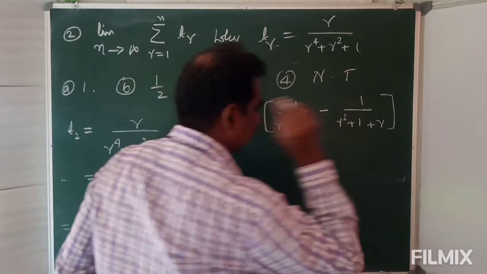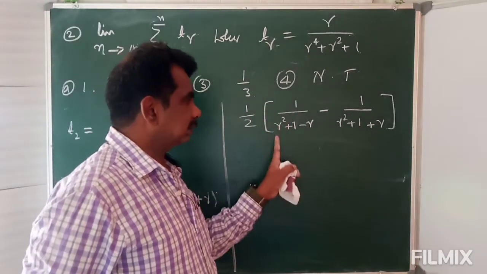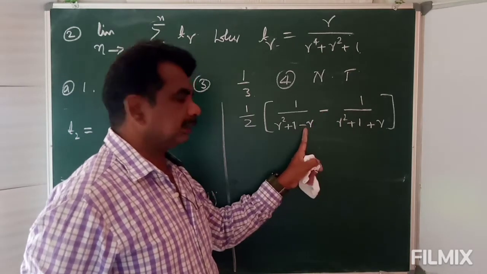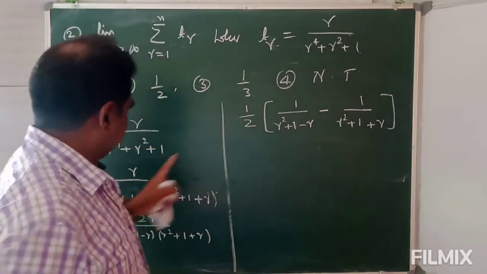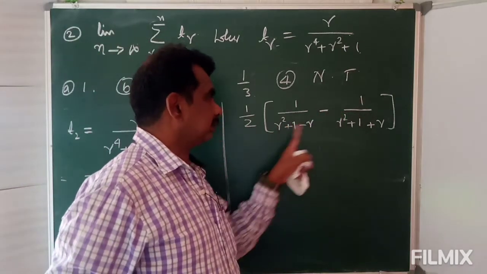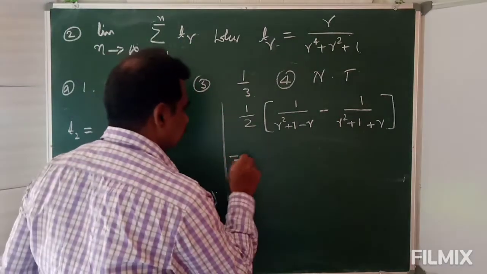Okay? See, this is multiply with 1, this is multiply with 1, minus into minus plus r plus 2r, 2 to cancel, remaining r. Therefore, r square minus r square plus 1 minus 1 cancel. Therefore, this is equal to